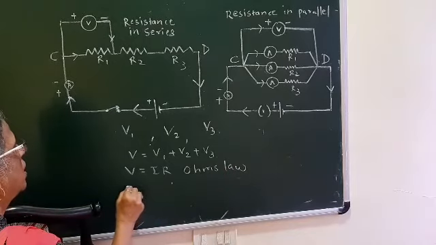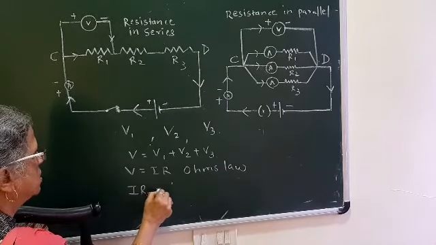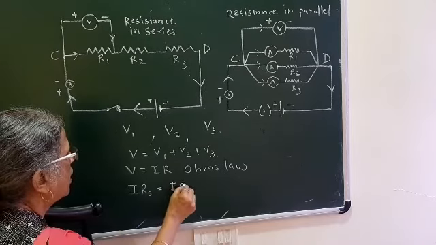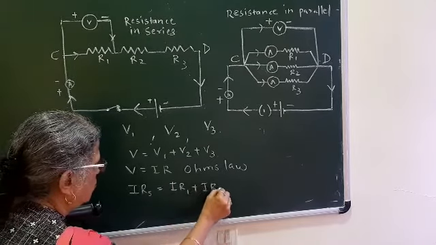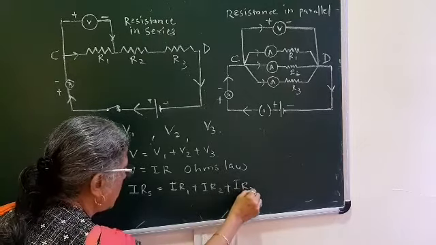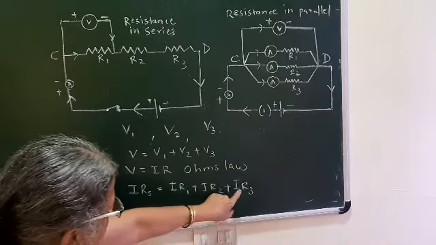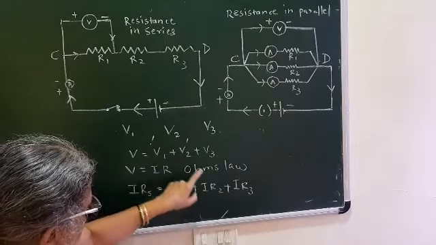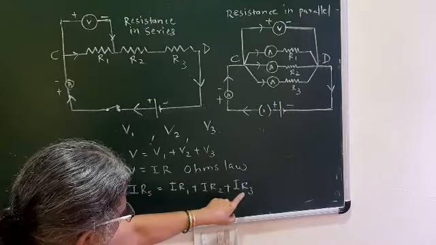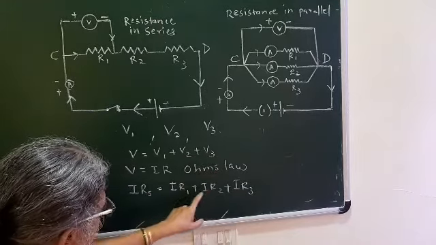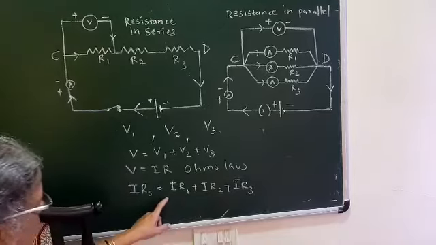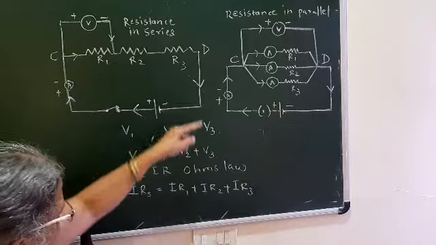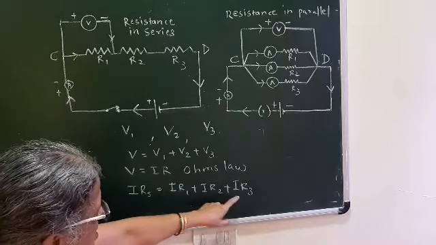So here Rs means the resultant resistance when they are connected in series. So here IR1 plus IR2 plus IR3. Why have I used R1, R2, R3? Because here it is the potential difference through R1, R2, and R3. That's why V1, V2, V3 I have used R1, R2, R3. But I have not used I1, I2, I3, because the current passing through each of R1, R2, R3 remains the same, and that is I. Followed?